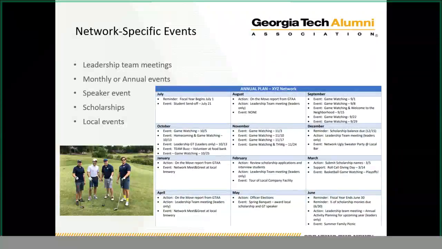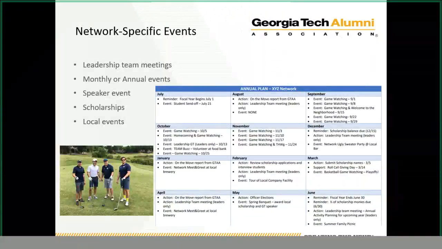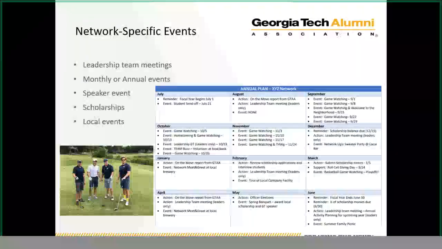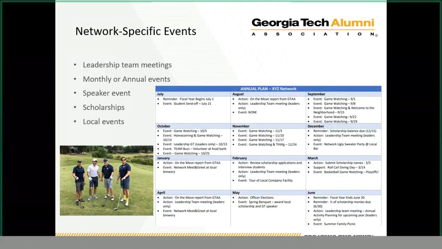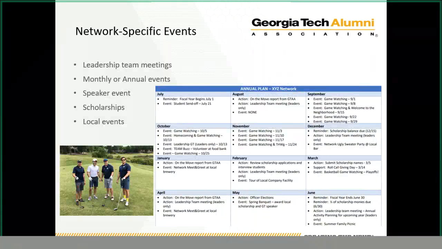If you don't have a regular schedule, now's the time to consider getting one, setting that schedule so that all of your leaders know what to expect in terms of when to connect with each other next, and just keep those plans moving along. This also offers the opportunity to invite interested volunteers to your next meeting. It's really easy to do when you know that your meeting is always the first Monday of the month, for instance. You just always have that date in the back of your mind to invite somebody to come join you.